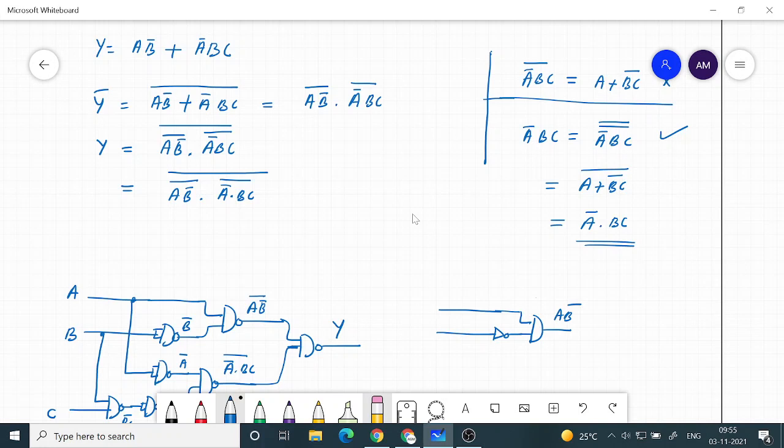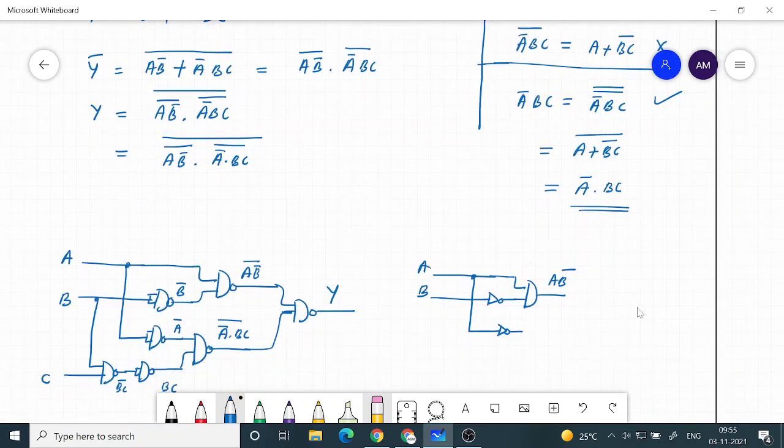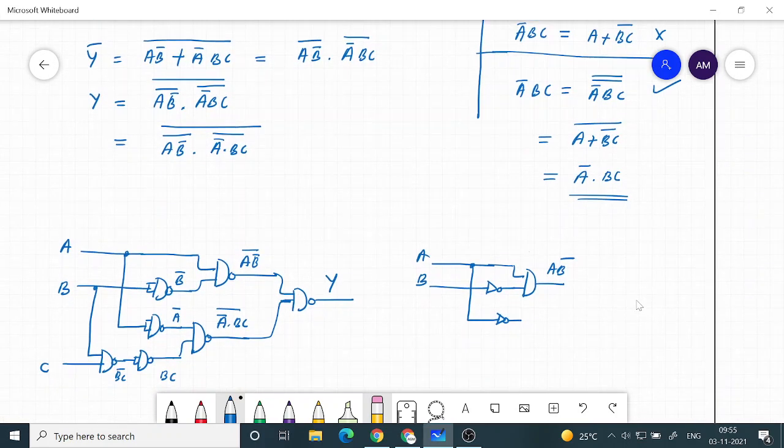So this is A, this is B, then you take complement of that, will give you A bar, and then you need BC. So BC you can implement B from here and C from here, so that will give you BC.